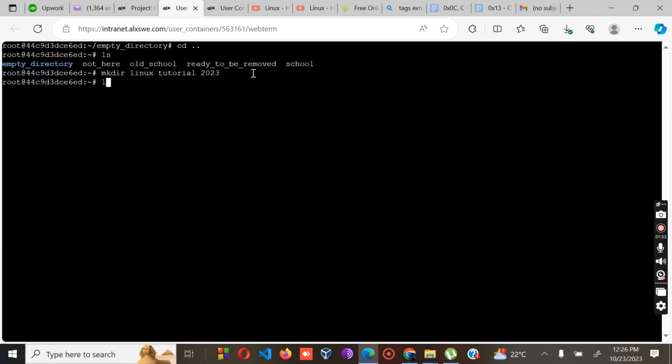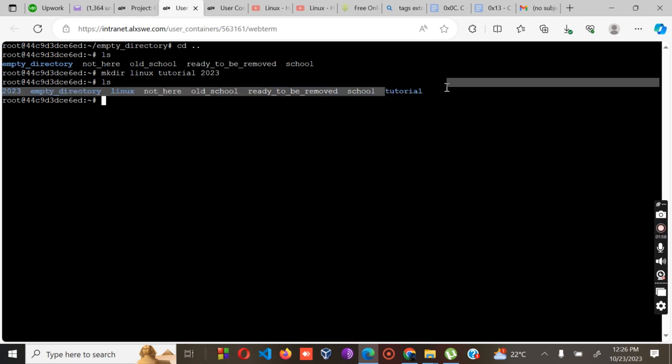Okay, let me see whether I'll be able now to see the directory that I've created. So I will use the command ls, which stands for list. Then after I type ls, I will press the enter button. So you can see that I've created this one,